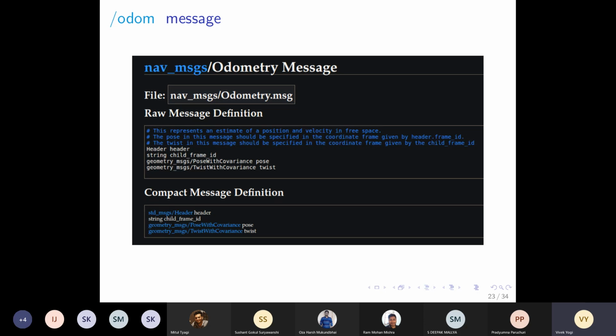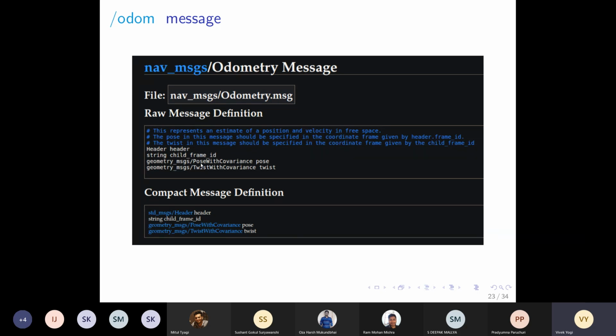For example, if I want to store student information, I can create a list or an object or a class, which uses all these primitive types and creates a complex type. So this is a complex type of message which is created using simpler messages.